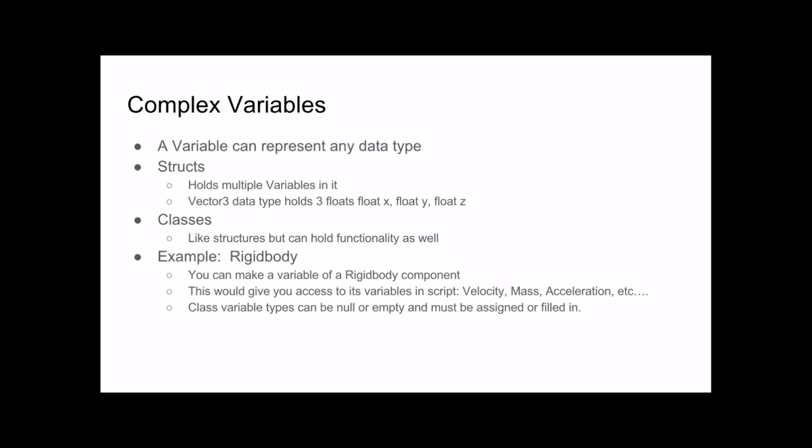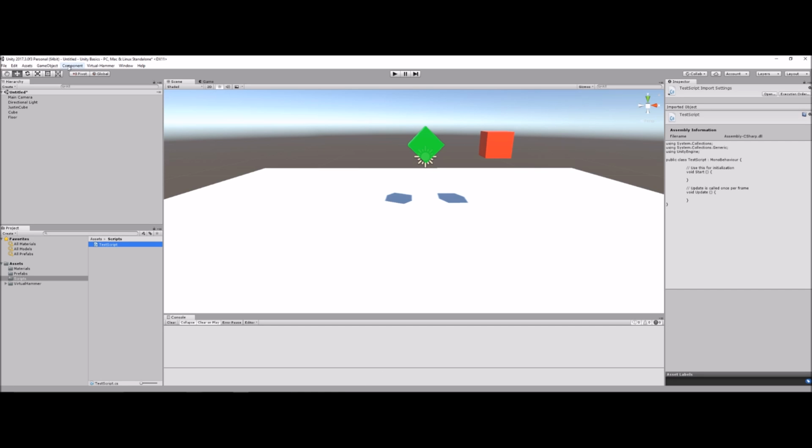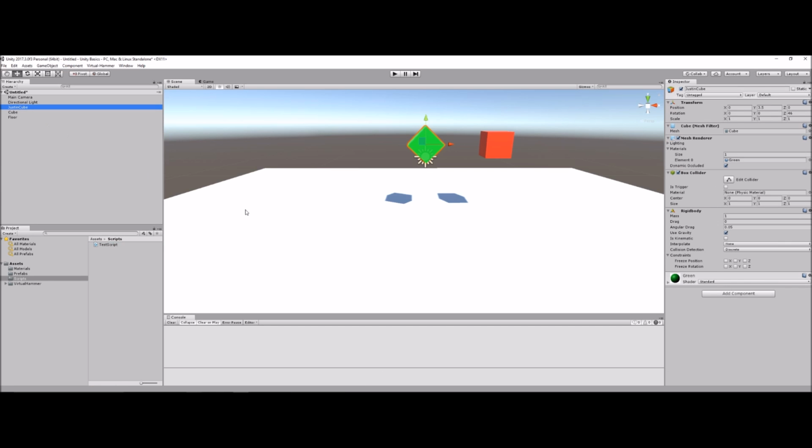Classes, like, this is the example, the rigid body. If you remember, on this cube here, I added this rigid body component type. I could make a variable of type rigid body, and I would be able to access all of the stuff, I'd be able to talk to it as a variable type.